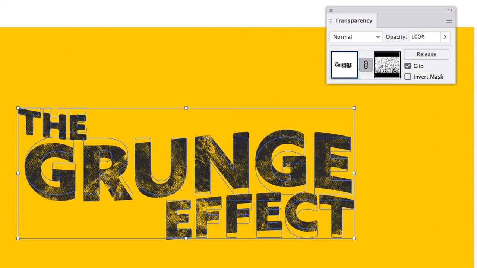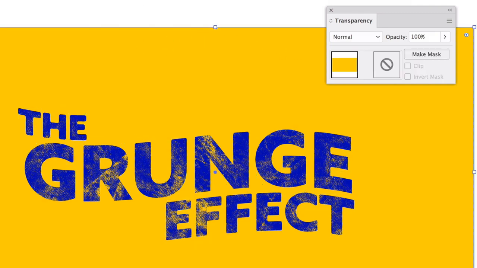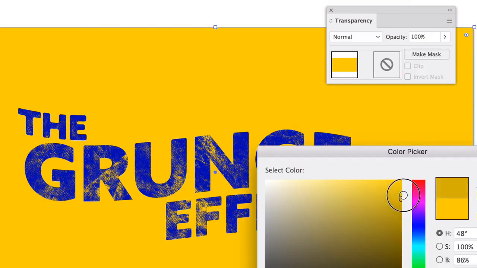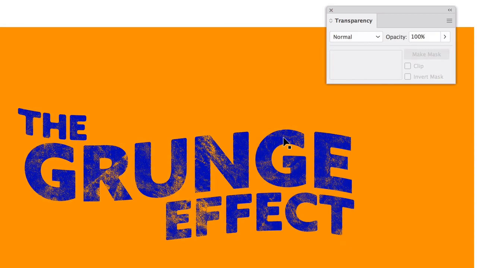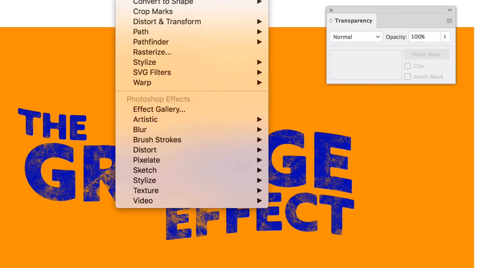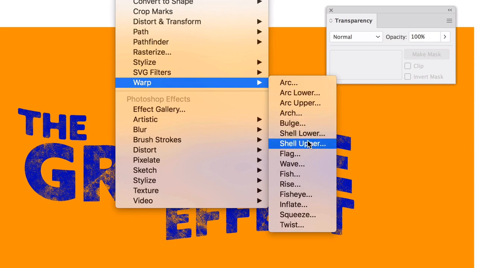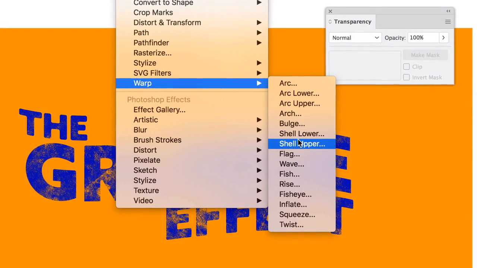And I'm going to change this to maybe a dark blue, maybe a deep blue or purple, and then change the coloring on this just a little bit more. Just doing some tweaks, and we have kind of a neat effect. So that's kind of how I went about adding the texture, adding a little bit of a wave, which you can go to effect and go to warp and do all sorts of different types of wave effects,